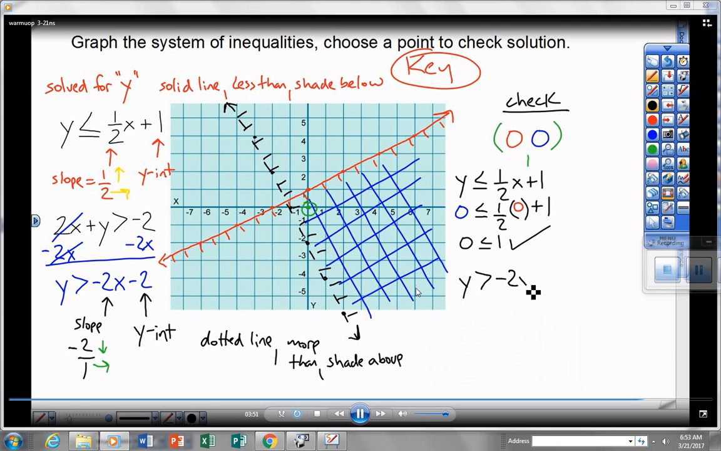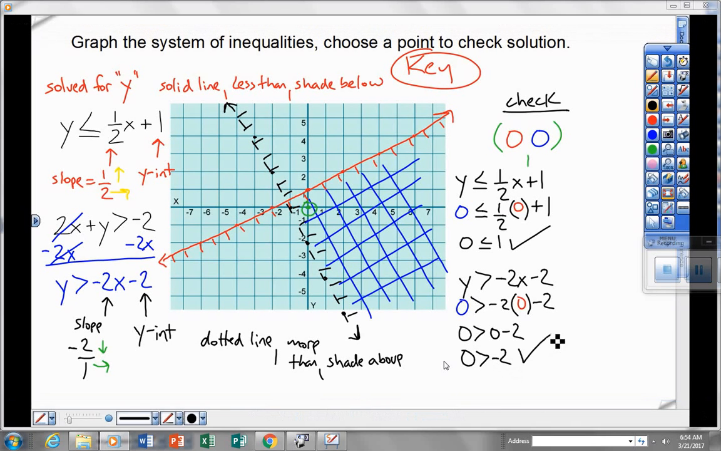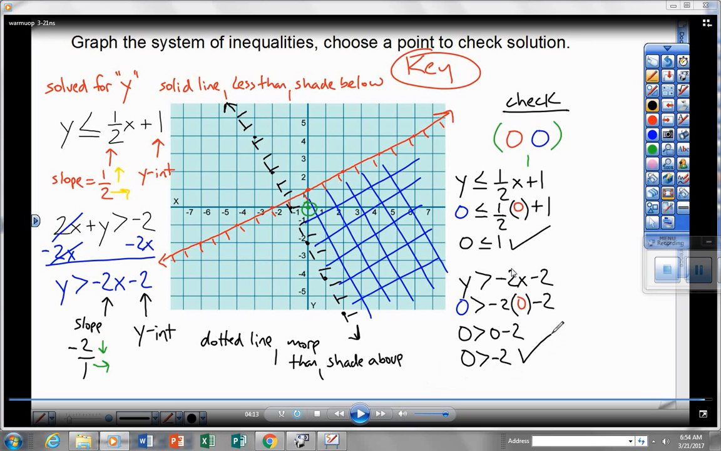Next one. y greater than negative 2x minus 2. Again, where that y is, plug in 0. I still have that inequality, more than negative 2. Where that x is, I plug in 0 also, minus 2. So again, when you're doing the check, replace x and y with the point that you choose into that inequality. Remember, that first number is x, second number is y. So when I plug that in, I get 0 greater than 0. Negative 2 times 0 is 0, minus 2. 0 minus 2 is negative 2, and that check shows that at that point